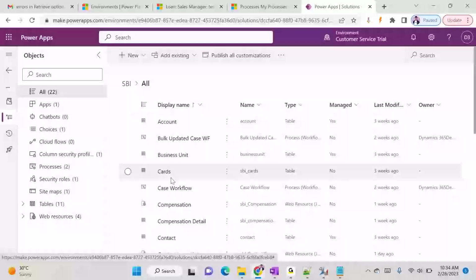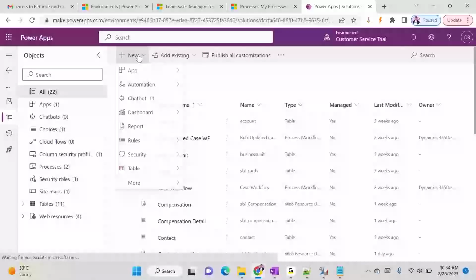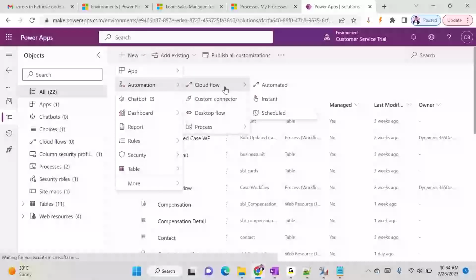Okay, so this is my solution. In this solution, I have all these components. Now I need to create a Power Automate. So you can see Cloud Flow, or you can directly click on New Automation, Cloud Flow, and three different flows. Schedule flow will have a schedule which we will define in a timer to execute every 1 hour, every 10, 1 day, 1 month, 10 days, like that. Instant flow, we have to execute on demand. Whenever we require, then we will execute it